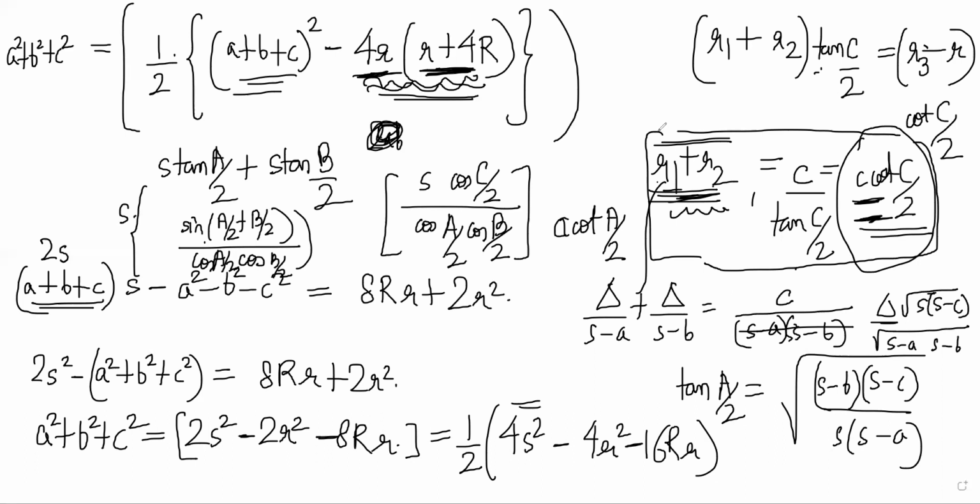Yes. We had A cot A by 2, B cot B by 2 and so on. So when you add them, you'll get 2 times R1 plus R2 plus R3. Obviously what this tells us is that you have to use the right formula, and a little bit of practice and familiarity with what is there in SL only is required.